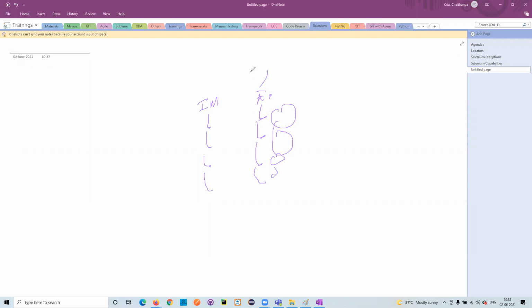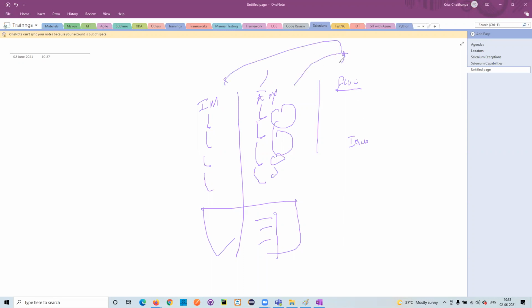So tomorrow I'll give you that exceptions information. What happens if the explicit wait fails, what exceptions will you get? Why should I know about this? If you understand this, you will understand fluent wait very clearly, because fluent wait can ignore the exceptions. Fluent wait is a combination of both implicit wait and explicit wait.